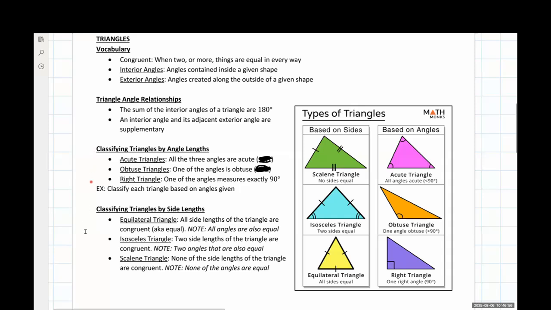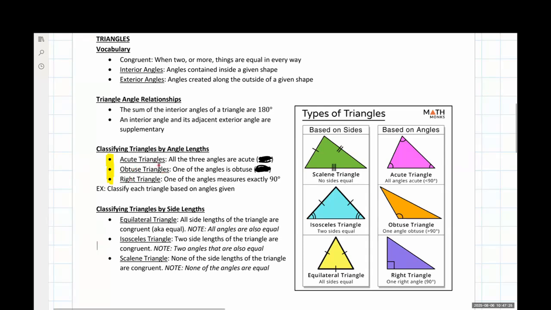And now we get to our actual classifications for triangles. These are the new things that we have. We can have combinations of these as well. The main ones we want, we'll start with looking at the angle measures, which is some way we can look at them. So if we're looking at this based on the angles here, this right-hand column, we have acute triangles, we have obtuse triangles, and we have right triangles.